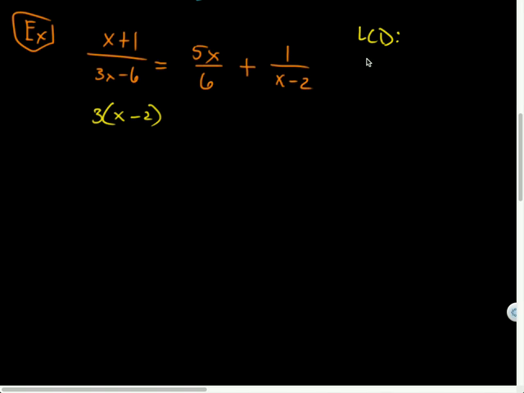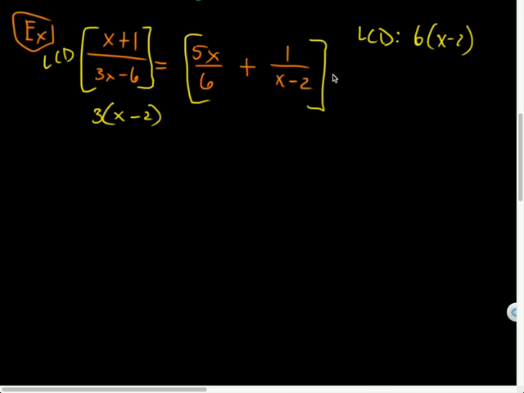6 times x minus 2? Yeah, 6 times x minus 2, because the x minus 2's would fit in there, 3 goes into there, 6 goes into there, perfect. And notice the step, it says multiply both sides by the LCD. Both sides, I'm referring to the sides of the equal sign. All right, so on both sides of the equation, I'm multiplying by the LCD